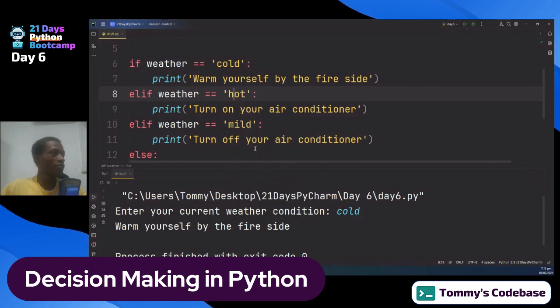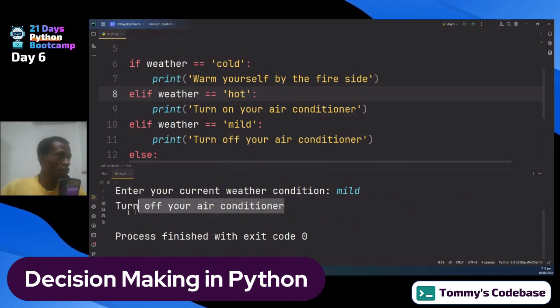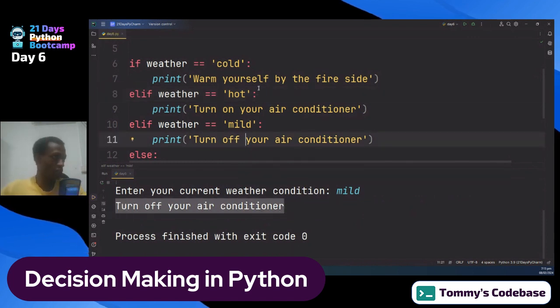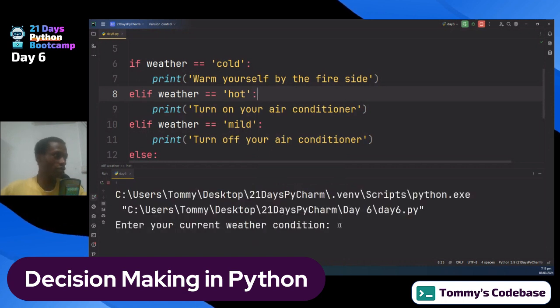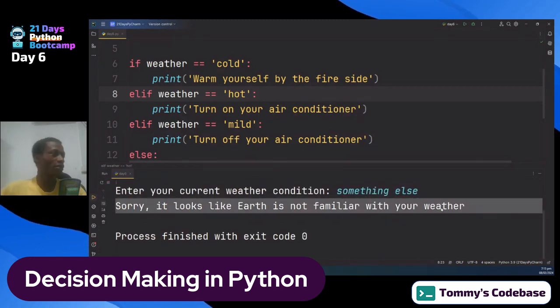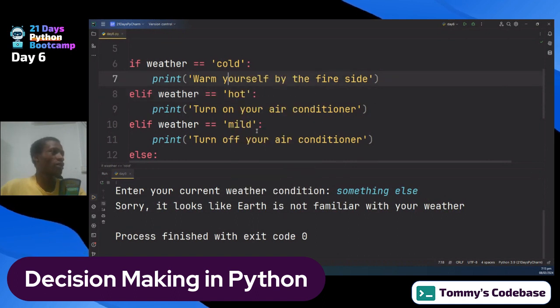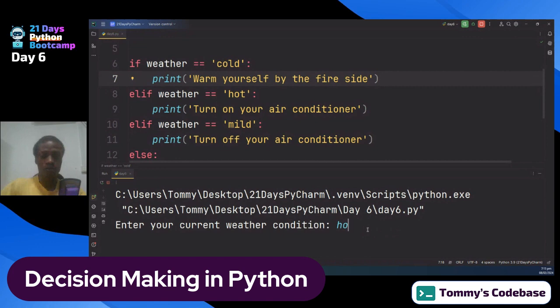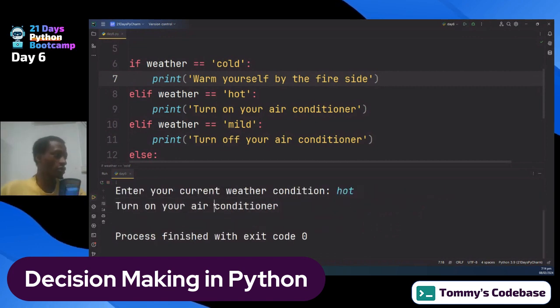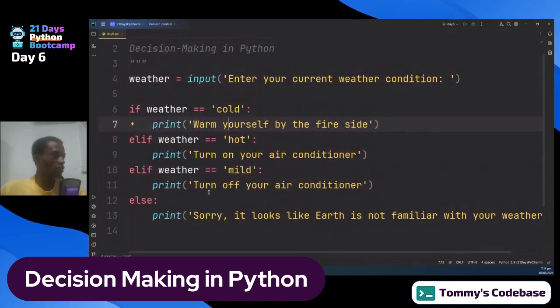If I run it again and do the test for mild, it will tell me to turn off my air conditioner, which is the condition on the mild. If I run it again, do the test for something else, it now tells me that, sorry, my weather, Earth, the planet is not really familiar with my weather. So if I test it with hot, it will actually print what is under it. That one too is evaluated. So that is it. Also, if you want to use strings,